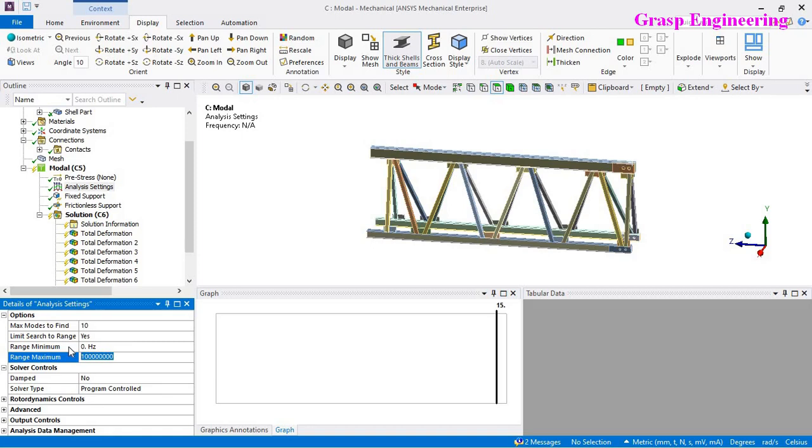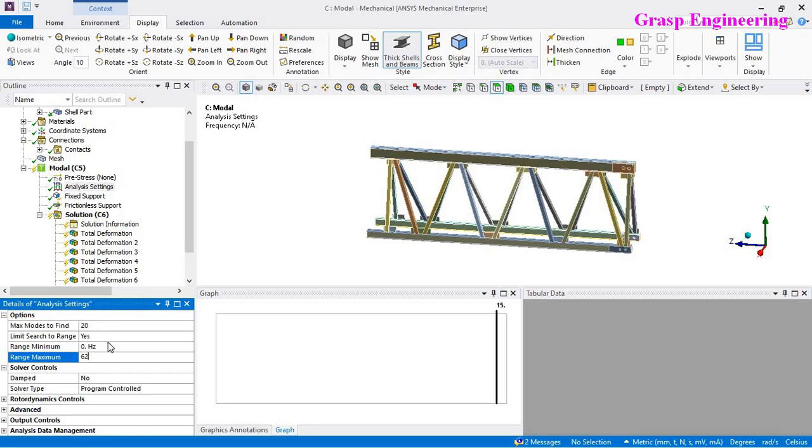So here we need to extract up to 62, since we have a spectrum up to 60. Here you can define the maximum modes you want to give, like 20. What it will do is extract the mode shapes up to this much frequency only. Okay, so this is the best way.